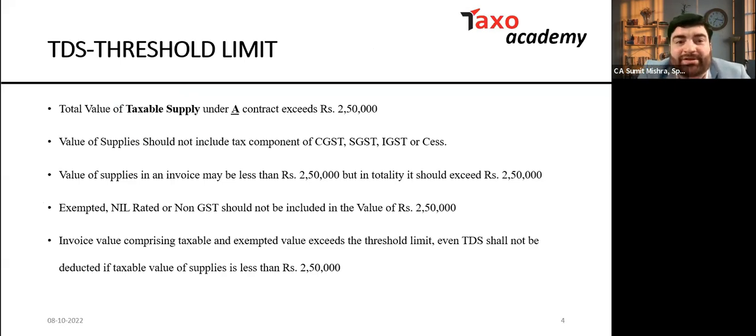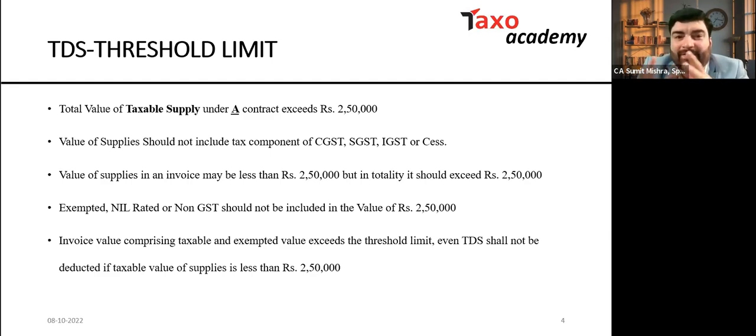So now the question comes: how will I identify whether I am supposed to deduct TDS or not? Say I am a government department, the Ministry of Defense. How will I come to know whether a particular transaction is subject to levy, subject to deduction of TDS or not? Simply, Section 51 clearly states that yes, if a particular contract exceeds the value of 2,50,000,